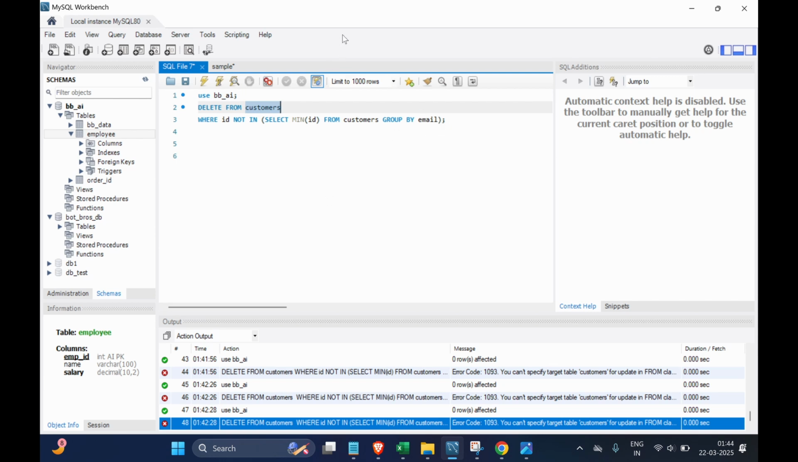To solve this, we can use the basic join function that we have learned in the previous lectures. I'll remove this delete statement and write delete C1 from customers C1 join customers C2, that is, we'll be joining customers with itself as C1 and C2, which are temporary aliases, on C1.email equal to C2.email, where both emails should be the same, where C1.id is greater than C2.id. This states the id should be greater and not equal. If we run this,